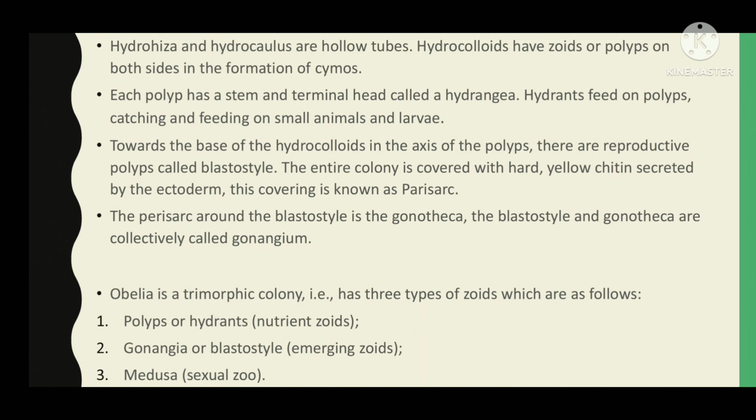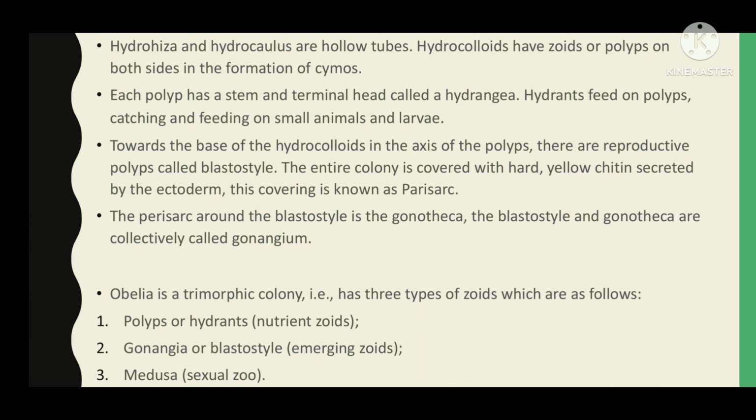The hydrocaulus bears zooids or polyps on either side in cymose formation. Each polyp has a stem and a terminal head called hydranth. The hydranths are feeding polyps. They feed by capturing minute animals and larvae. Towards the base of the hydrocaulus, in the axis of the polyps, are reproducing polyps called